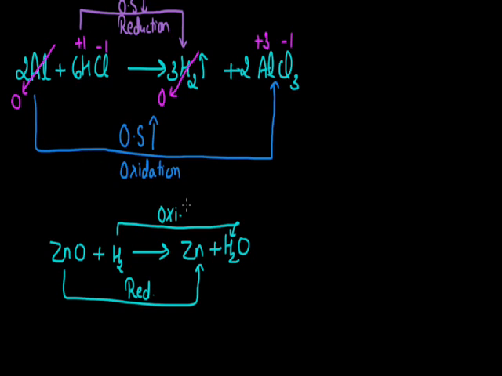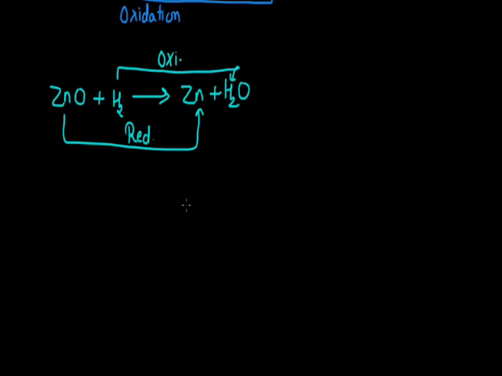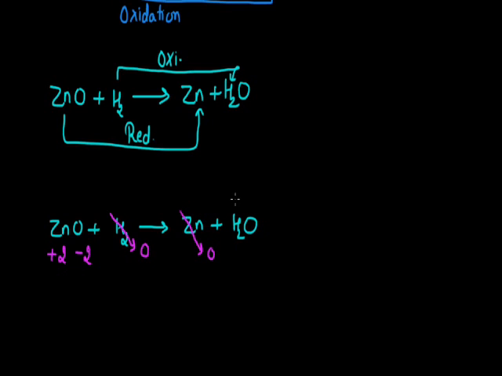Now if I am to mark this reaction on the basis of oxidation number, then we can use the oxidation number concept here. Zinc oxide when it reacts with hydrogen forms zinc and water. Here the oxidation number of zinc is +2, since the oxidation number of oxygen is -2. Hydrogen being in elemental state is showing 0 oxidation state. Zinc is in elemental state, so the oxidation state is 0. Hydrogen in water will be +1, oxygen will be -2.